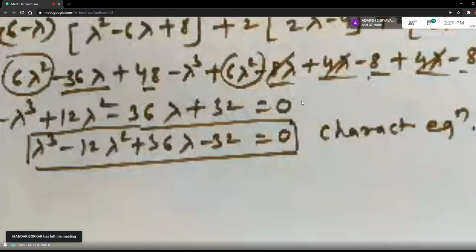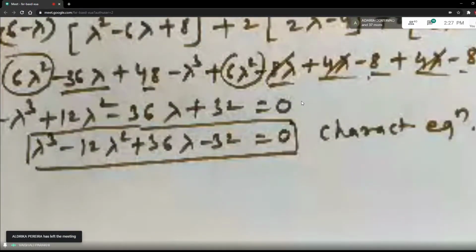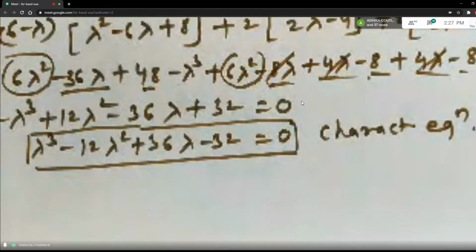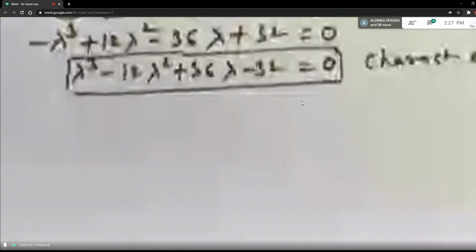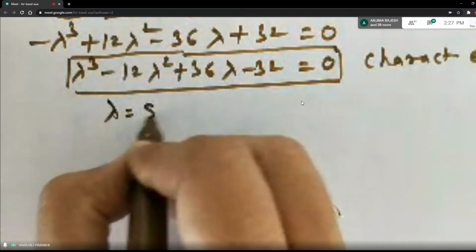Okay, so many students I see you are getting 8, 2. So I can assume that most of the students got it right. Or what is the other way to solve this, students? If you remember your synthetic division method from school, that also can be used, but it will take a while. Instead of that, I suggest you use a calculator. So lambda is equal to 8, 2.